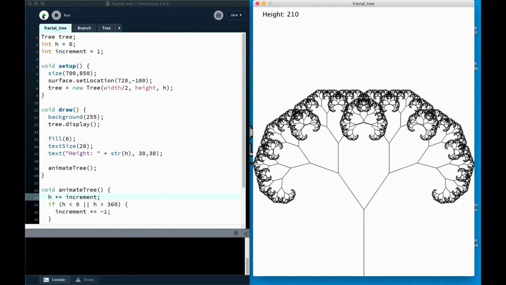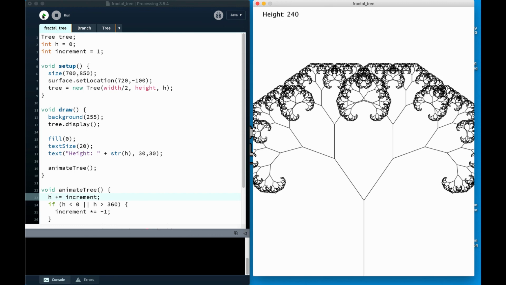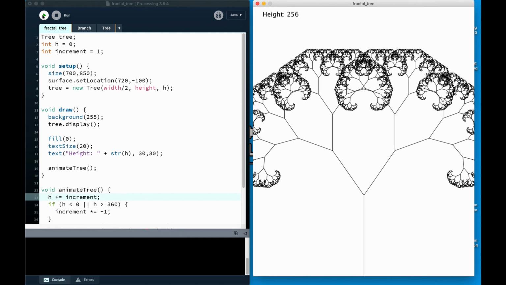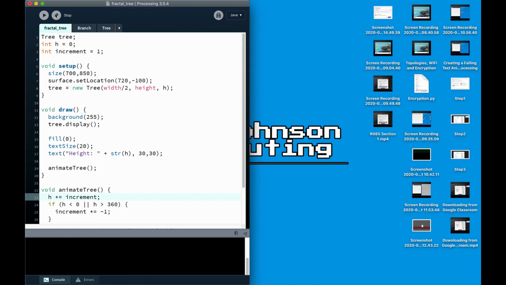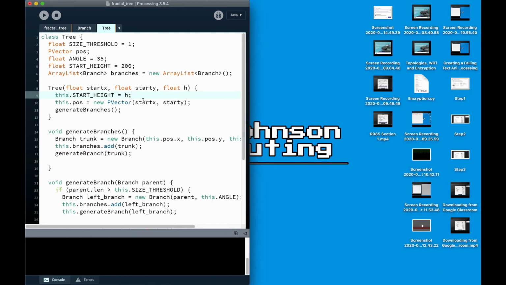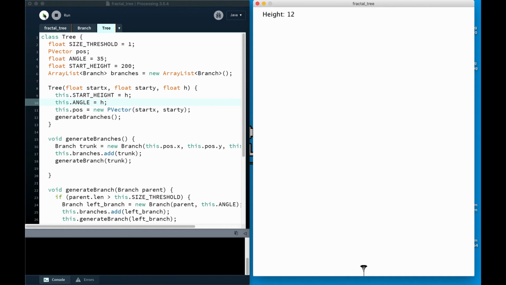It is growing before our very eyes. How cool is that? Now imagine if you got the height going with the angle as well, so it kind of was opening up as it was growing bigger. So let's do that as well. So instead of this dot start height dot h, let's do this dot angle equals h as well. So not only is it starting really small, it's going to start closed up, and then it's going to start branching out as it grows. So now,